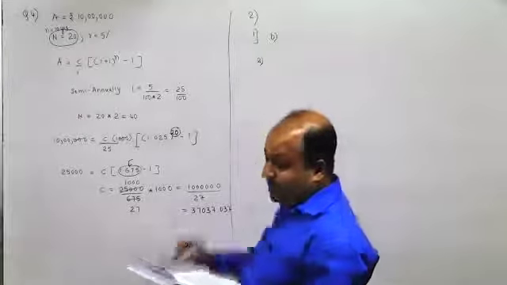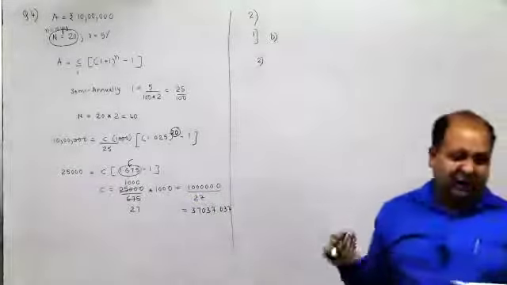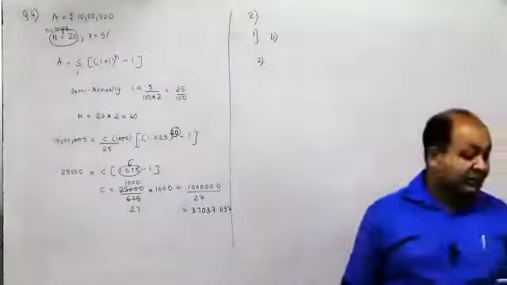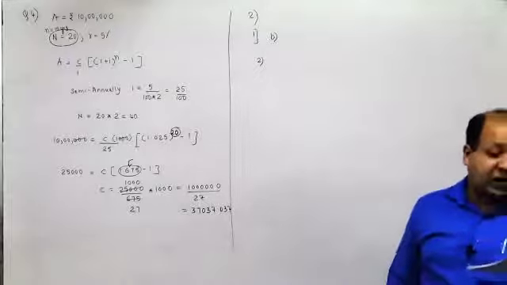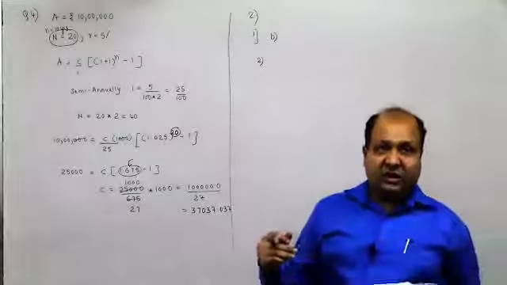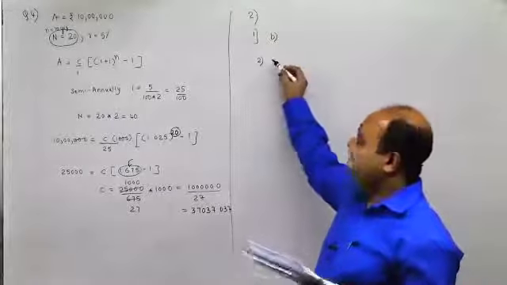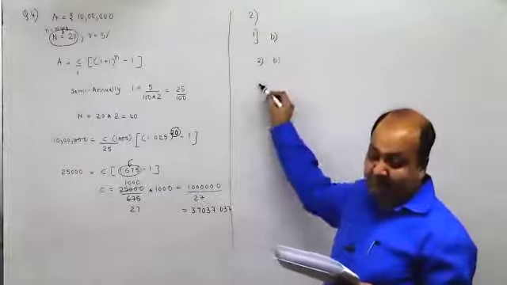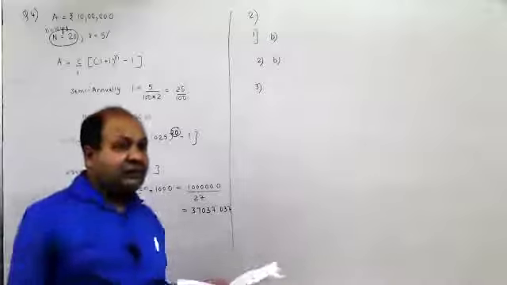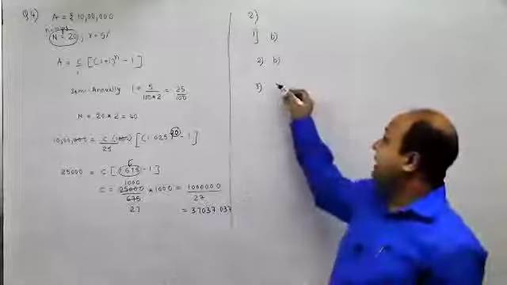Second one, in an ordinary annuity, there are very few children who would answer. So kindly be alert. There are hardly 2, 3 children who would answer. Others are all very afraid of Corona. In an ordinary annuity, payments or receipt occur at end of each period. So B itself is the answer, right? Yes, sir. Then the amount which can be demanded under the policy is called claim. So it is D.